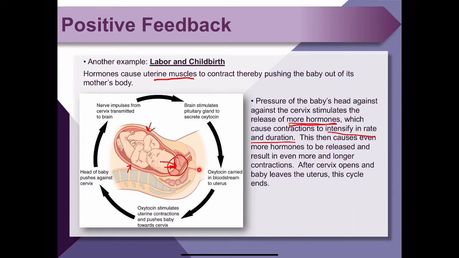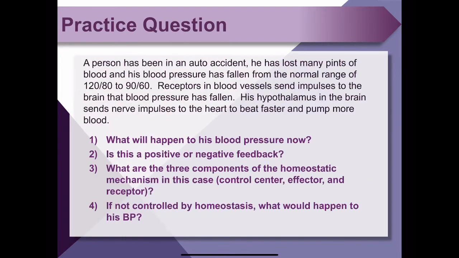Okay, and oxytocin is not created by the hypothalamus. It is actually made by your pituitary gland. Okay, pituitary gland. So, and once the baby is out, then everything returns back to homeostasis. Okay. All right, so here are a few practice questions